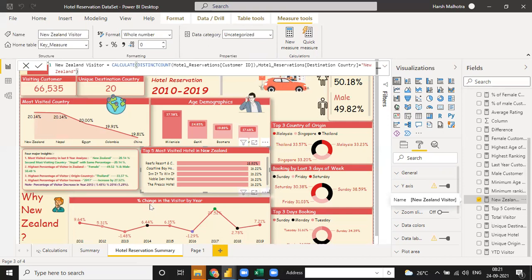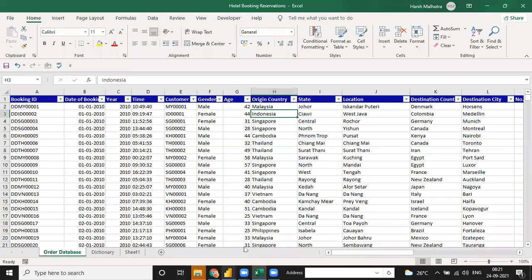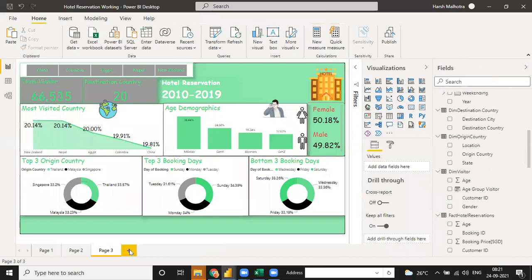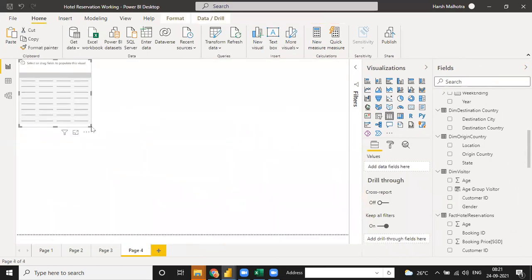This one is also the same as I already told you in the last classes, how to calculate last year sales. I will tell you now how to calculate the last year sale in the sales graph. It is very simple. You cannot use just a common thing. First, I use page 4. So for this, I can use